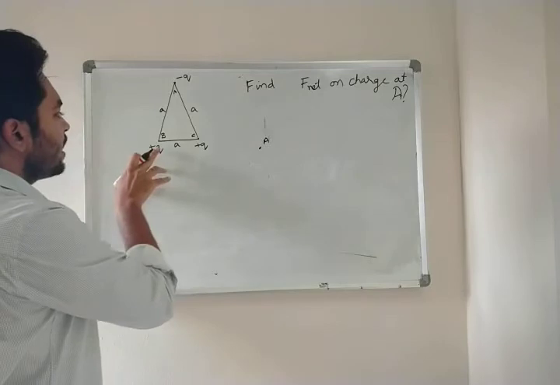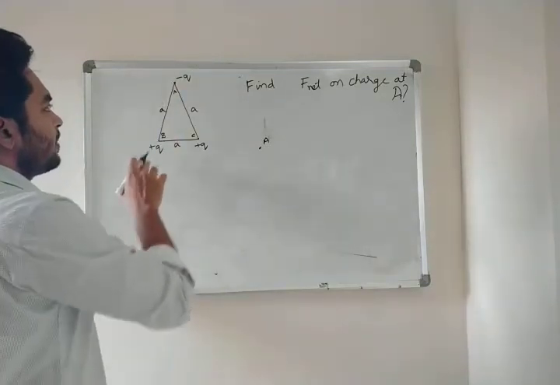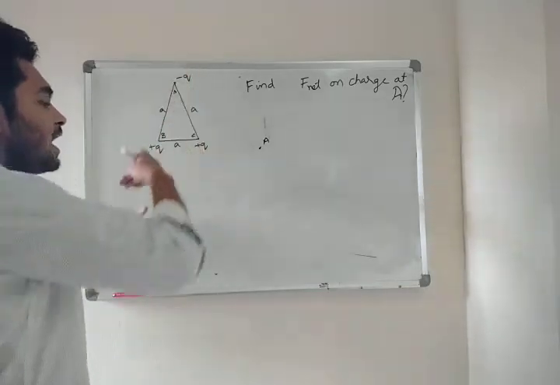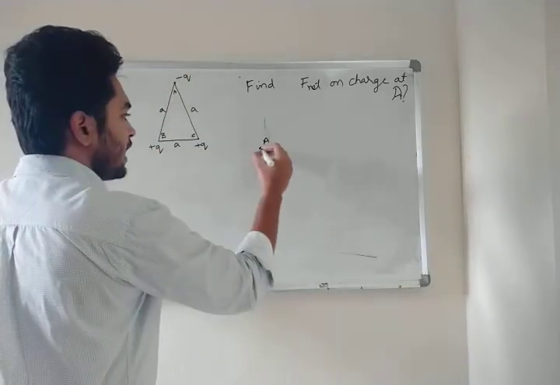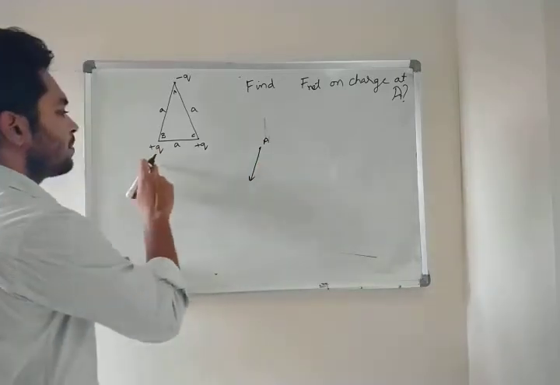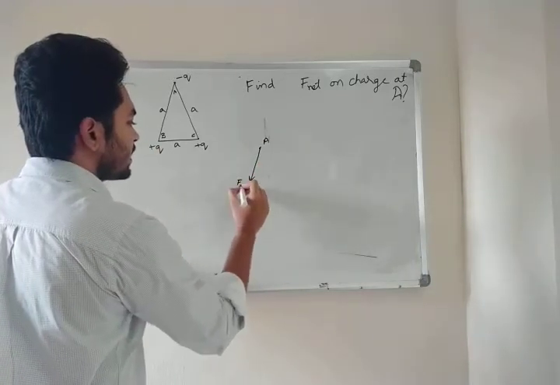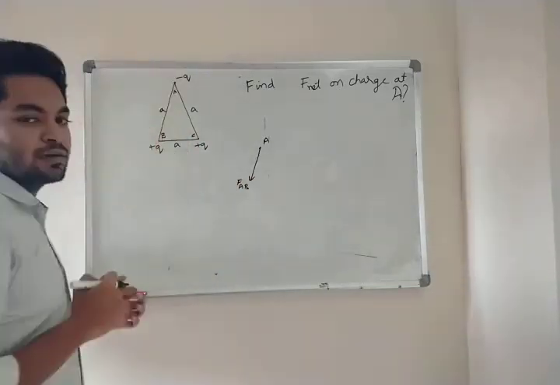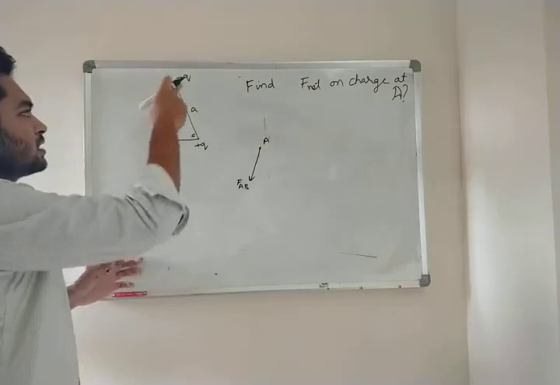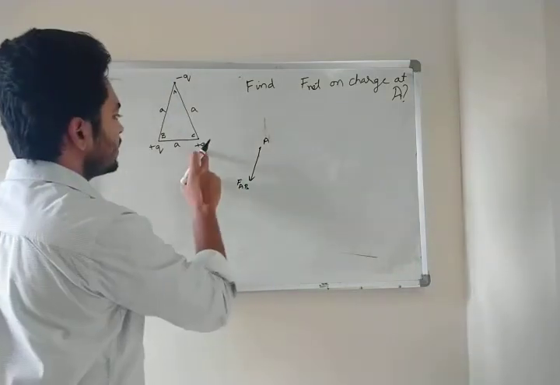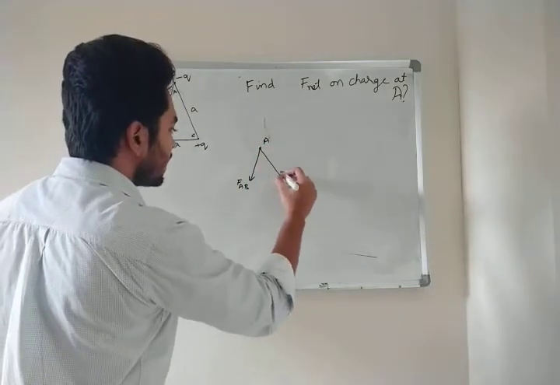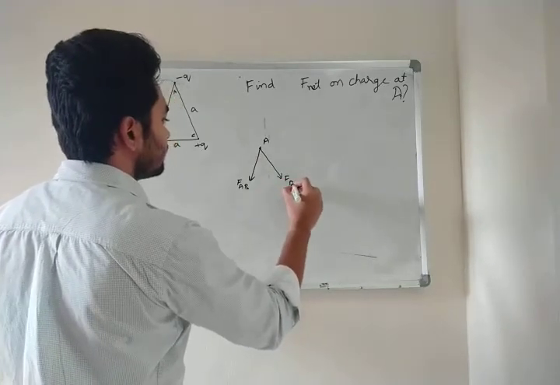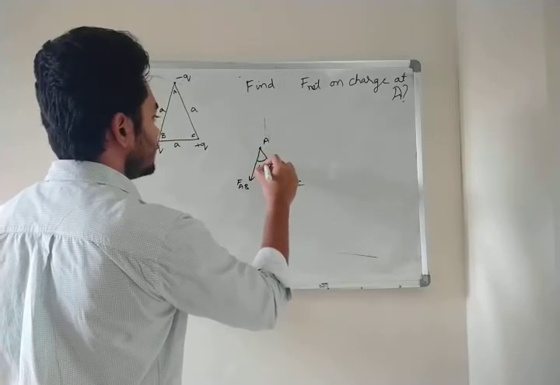Now how will B apply here? So this is positive and this is negative. So what happens? The charge attracts, right? So A will get attracted towards B, because this is positive charge and this is negative charge. And similarly this one also gets attracted towards C. So FAC, right? And the angle is 60 degrees.